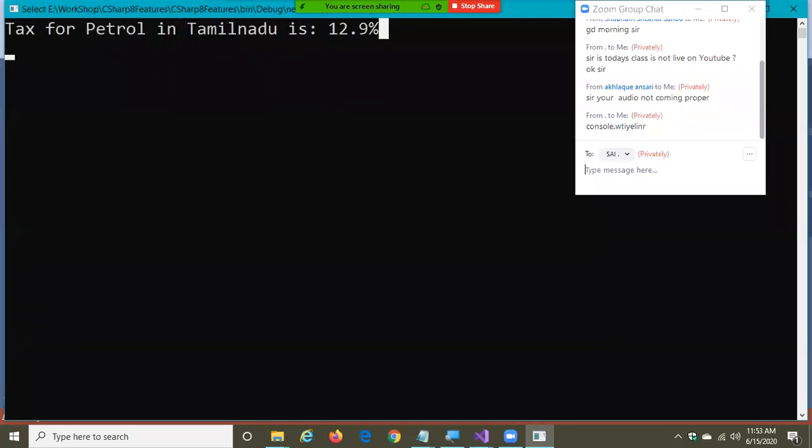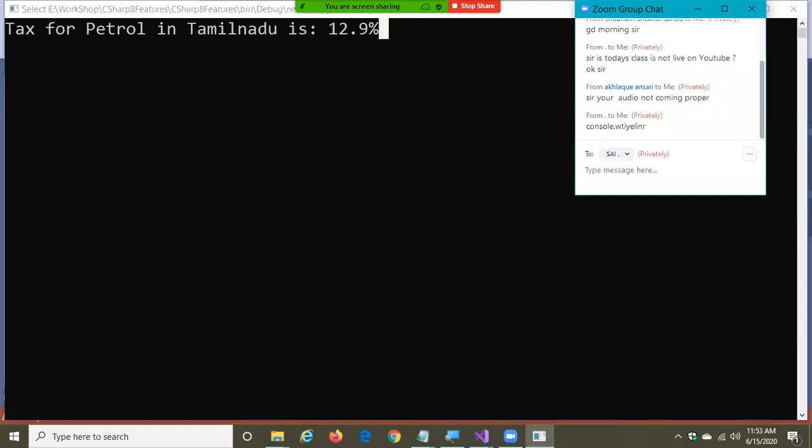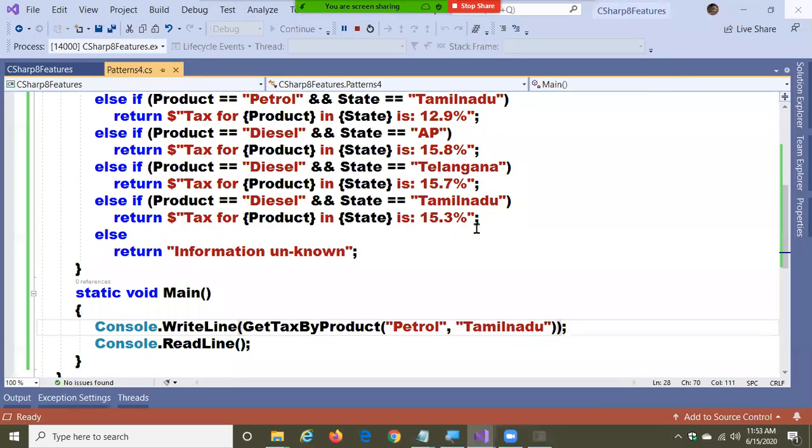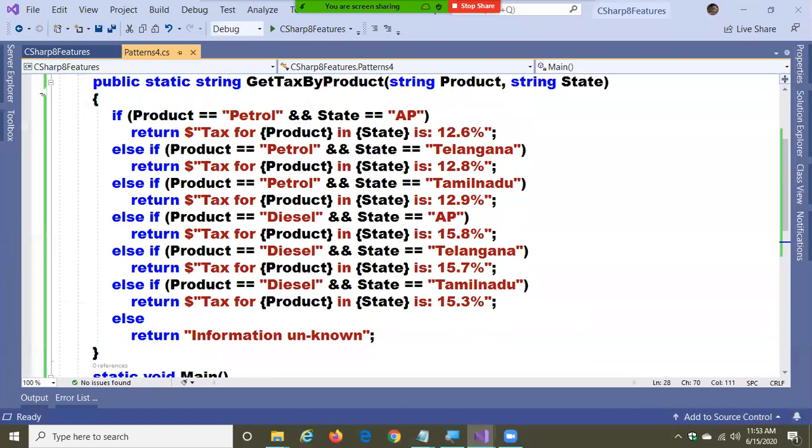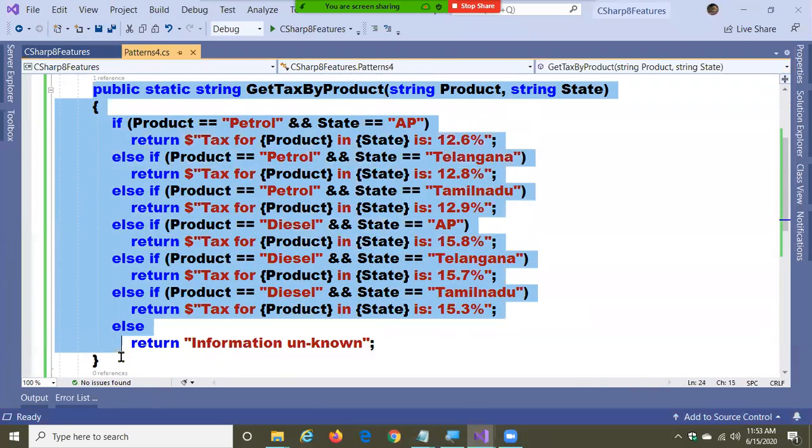Okay. Now this code, I can write in a simple way. How can I write? Watch it. Another way of writing the code. Copy this code now.